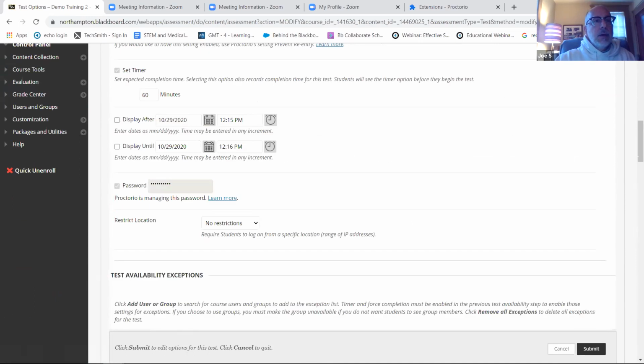But going up to, remember what I said about the password? Look, it's grayed out and there's some dots in here now. That's Proctorio's way of ensuring that someone can't get to a test by just going in Blackboard. When Blackboard asks for a password, it's going to supply this encrypted password to Proctorio, enabling them to make the connection, and then the Proctorio layer or shell is invoked. They have to answer questions, they have to show their environment, and then they finally get to the exam.